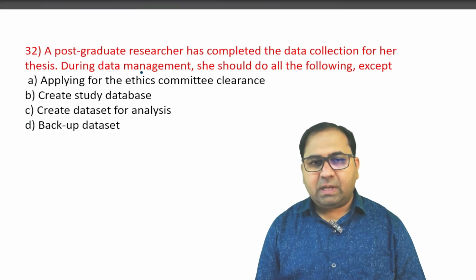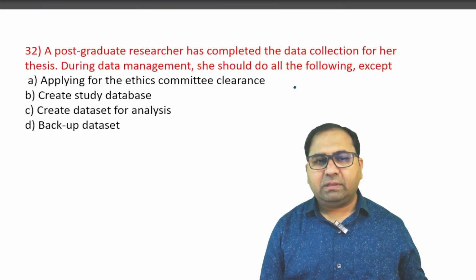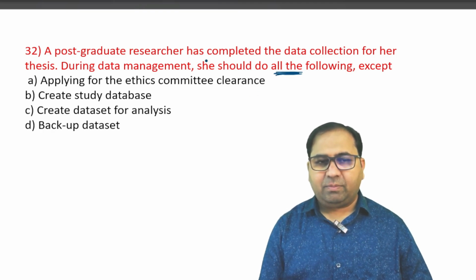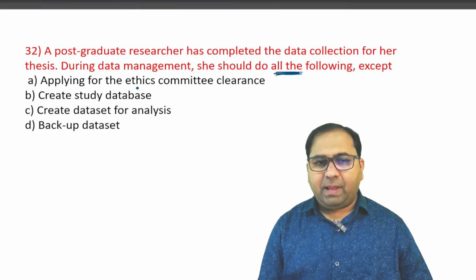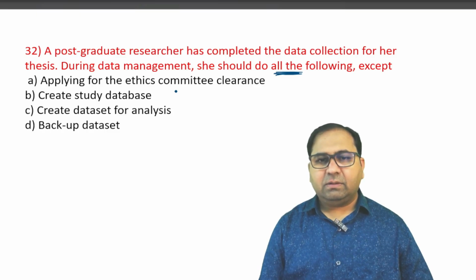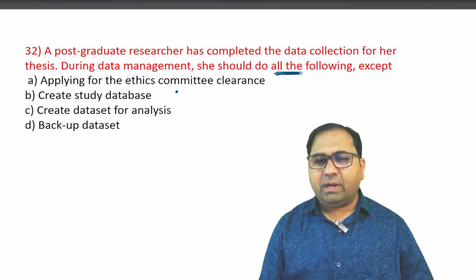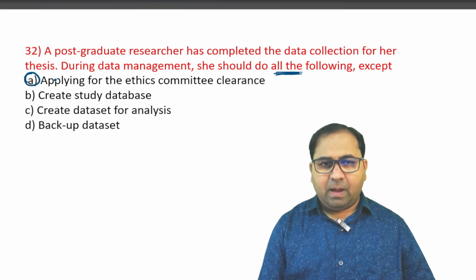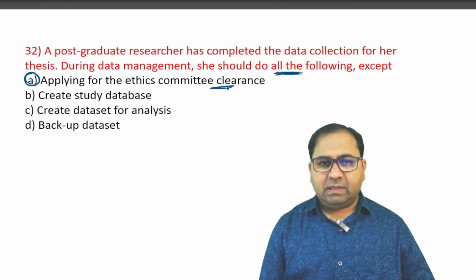Next question. A postgraduate researcher has completed the data collection for her thesis. Now during data management, she should do all the following except what? So options are A, applying for the ethics committee clearance, B, create the study database, C, create the data set for analysis, D, back up the data set. So what is the answer for this question? The PG has to do all the 3 steps except the 4th step. We have to identify the 4th step. The answer for this question is option number A, that is applying for the ethics committee clearance, is wrong, because